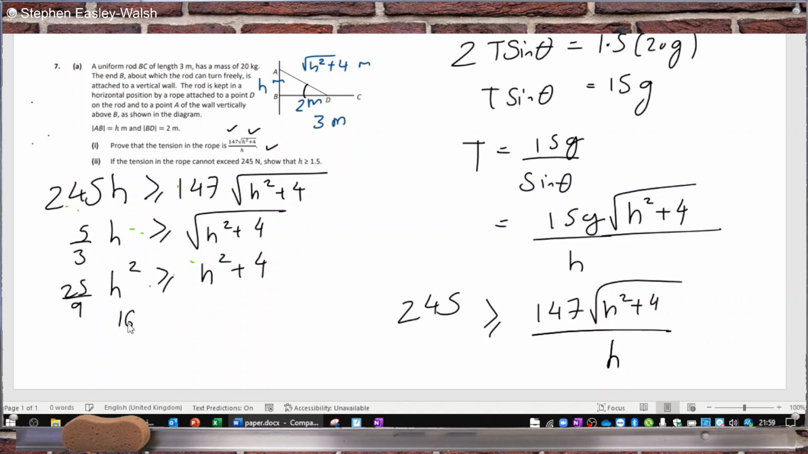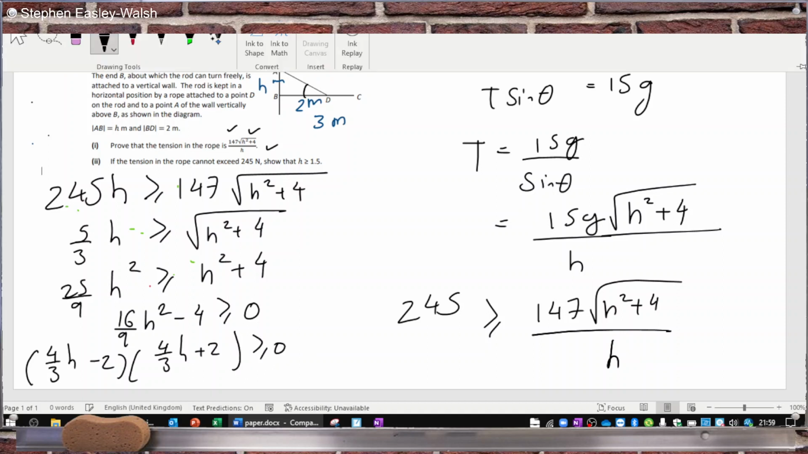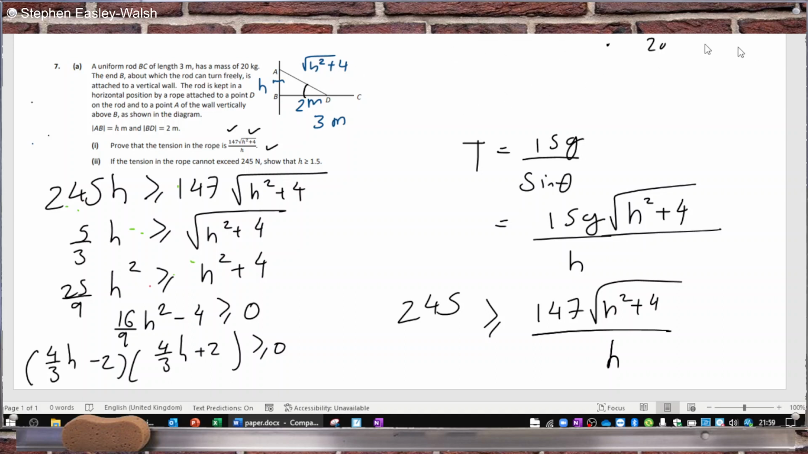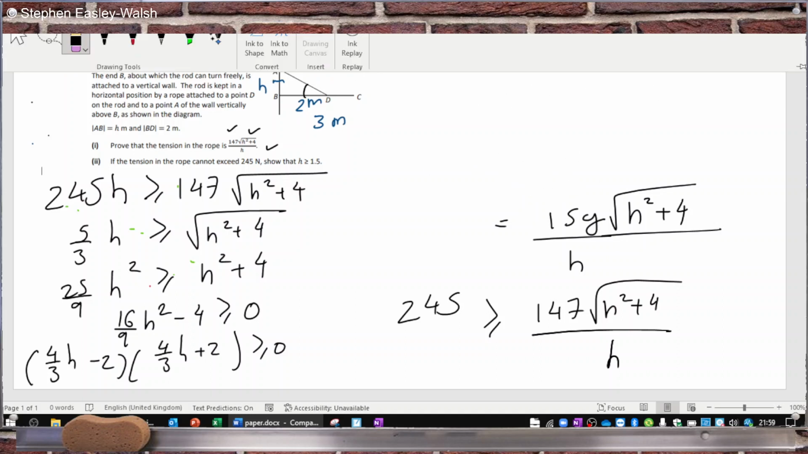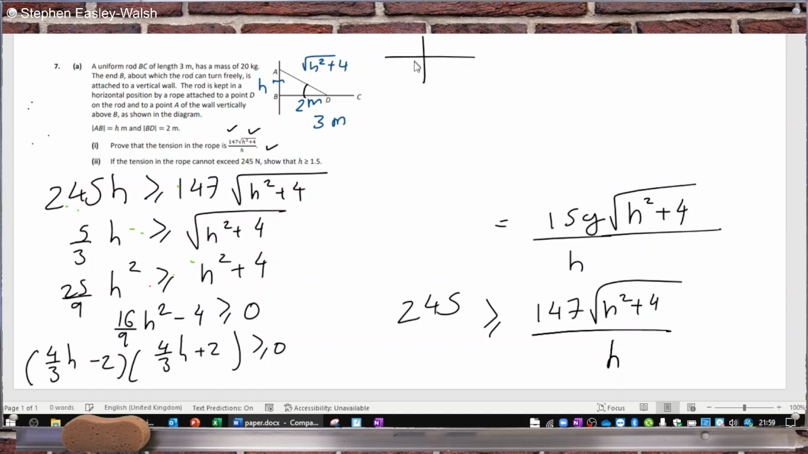That means 16 over 9 h squared minus 4 more than or equal to 0. So that means 4 over 3h minus 2 times 4 over 3h plus 2. That must be greater than or equal to 0. So I'll just make a bit more space up the top here. So we have a negative and a positive, and we have a solution here and a solution here, but since h has to be positive, we have this point here, that would be,